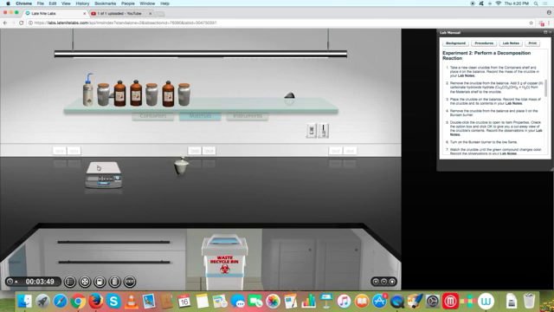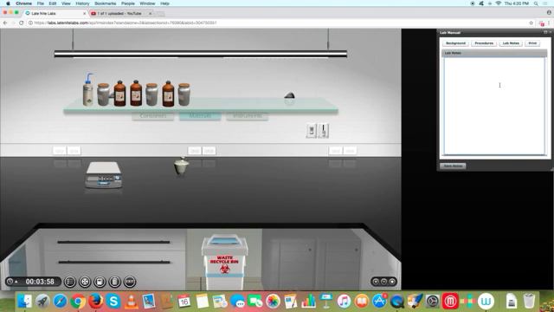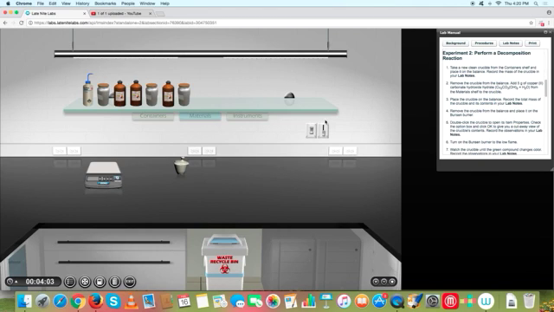You'll weigh this again, and then you will put it onto the Bunsen burner. Of course, you'll weigh it, copy down whatever result you have here, stick it into your lab notes over here and save them. And you'll also now get a Bunsen burner, and you will need to see what happens as you put this on the Bunsen burner. I'll turn on the Bunsen burner first. You just do that by clicking this knob here. Keep it on a low flame,